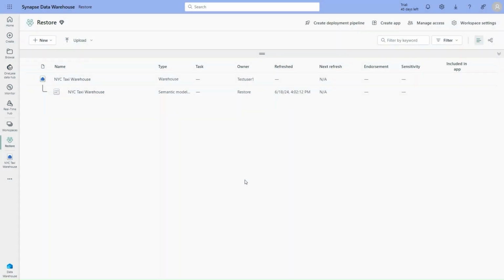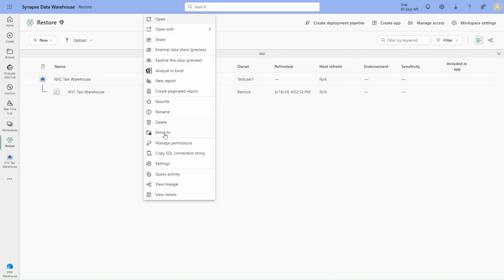Hi, in this demo, we're going to cover the ability to perform in-place restore of a warehouse within the Fabric Query Editor. In-place restore capability is a critical necessity in modern analytics environments. A quick and reliable data warehouse recovery solution is indispensable, not only to protect against data corruption, but also to ensure business continuity. In order to do this, let's first go to the warehouse settings